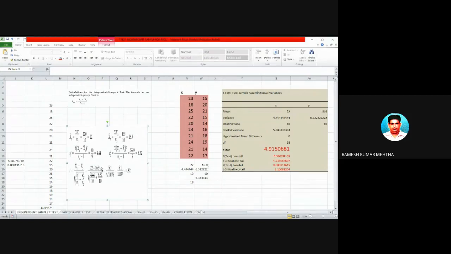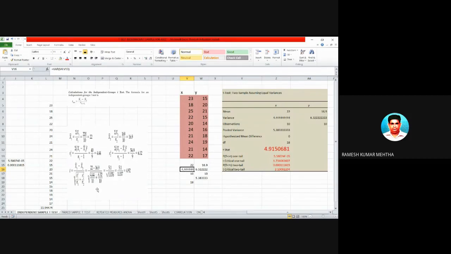So this is clear. We have plugged in these values of x1 bar minus x2 bar, divided by the square root of s1 square. s1 square is nothing but variance. Already we have calculated variance as 4.44.